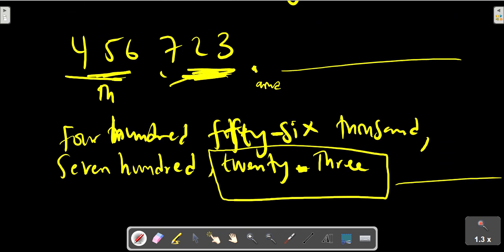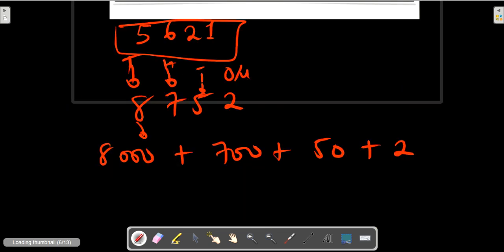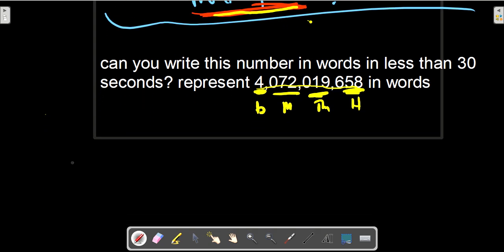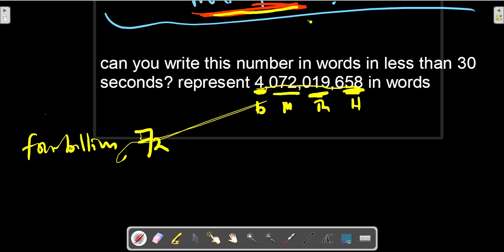Okay, now let's go back to the very first number we came across in the beginning of the video. We can easily group it into groups. So we can see that this is the hundreds, and this is the thousands, millions, and, ooh, billion. Okay, so definitely that's going to be 4 billion. Now I'm going to have 4 billion, 72 million,